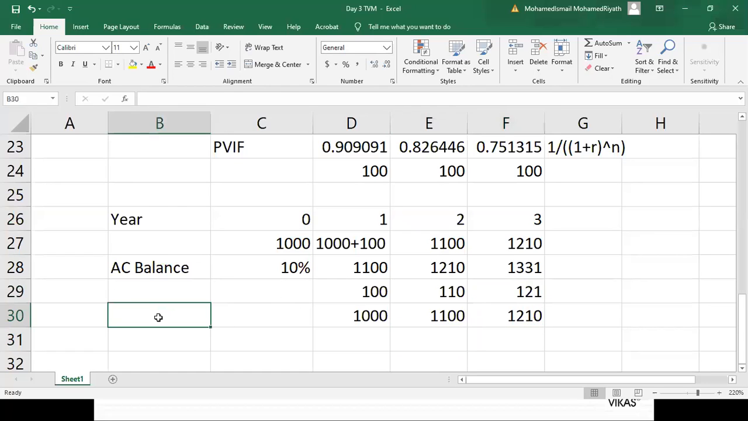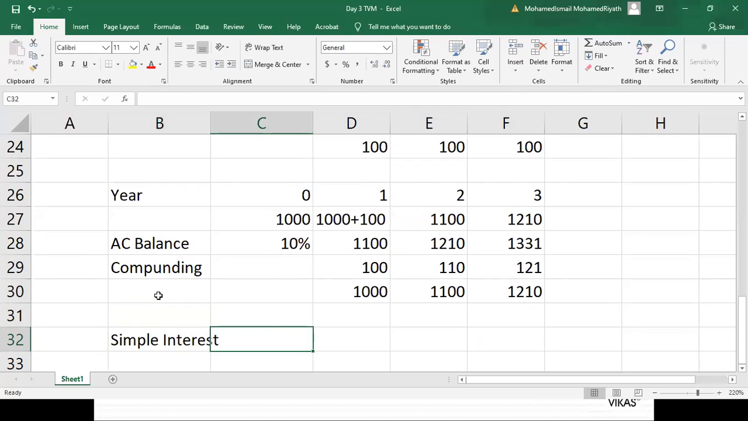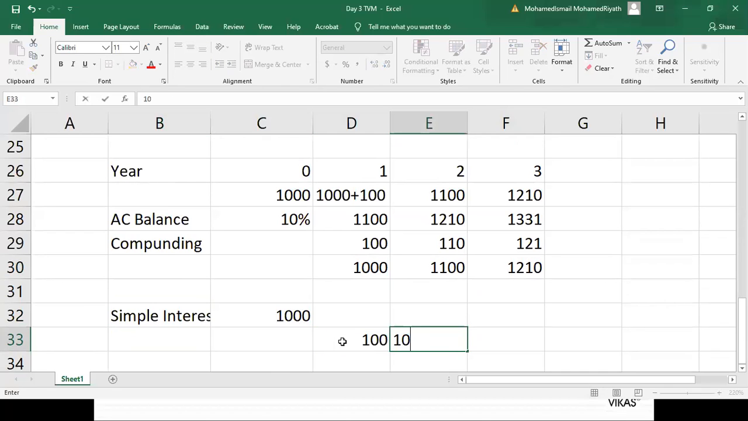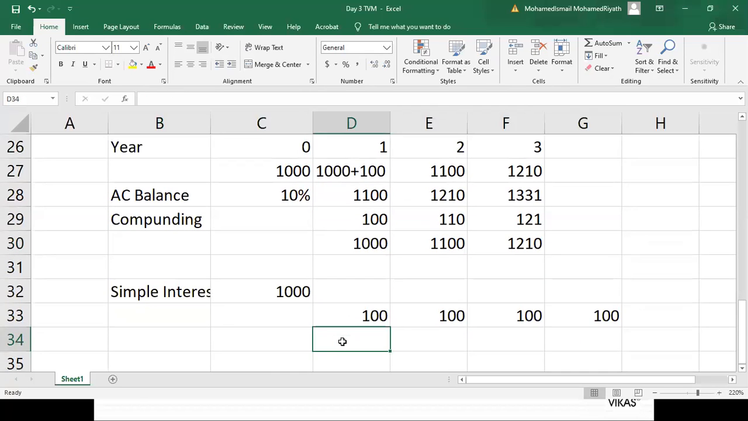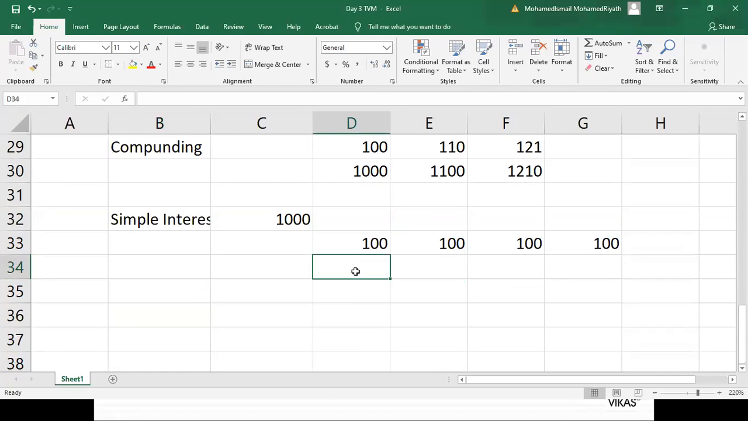So this is called compound interest, compounding. Simple interest means they pay interest only on the principal amount. So this time interest will be 100, again 100, again 100. Forever you will get 100, right? Then your account balance, finally your account balance is 1100,